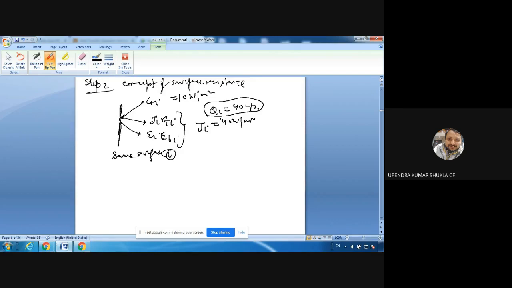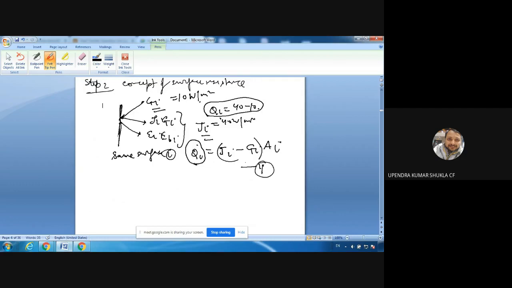So we will write this. The Qi in this case is equal to Ji minus Gi, which is 40 minus 10. Since these are per unit area and we are concerned with the whole area, we will multiply it with the area. So this becomes the rate per unit time, not per unit area. Now this is equation 4.